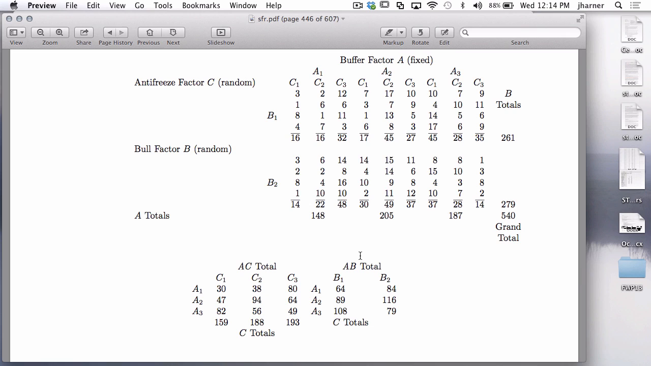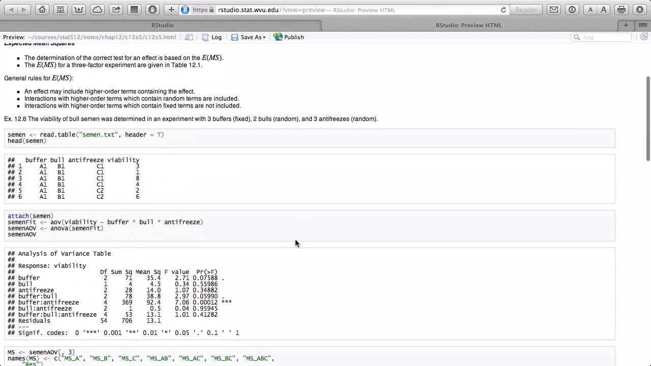Of course, that's not what the data is going to look like when you run R. What I did is I said read.table, which reads in a text file that's in tabular form. In this case, we have 3 columns for each of the 3 predictors, and then viability is the response variable. So we have A1, A2, and A3 for the buffers, B1 and B2 for the bull, and if you printed out the whole file,